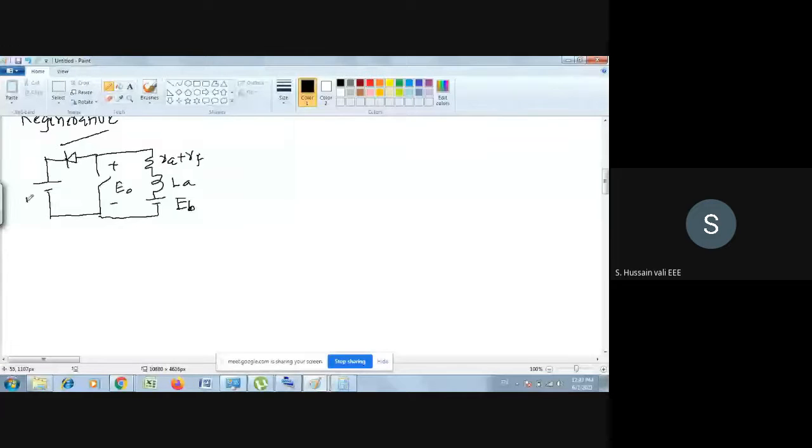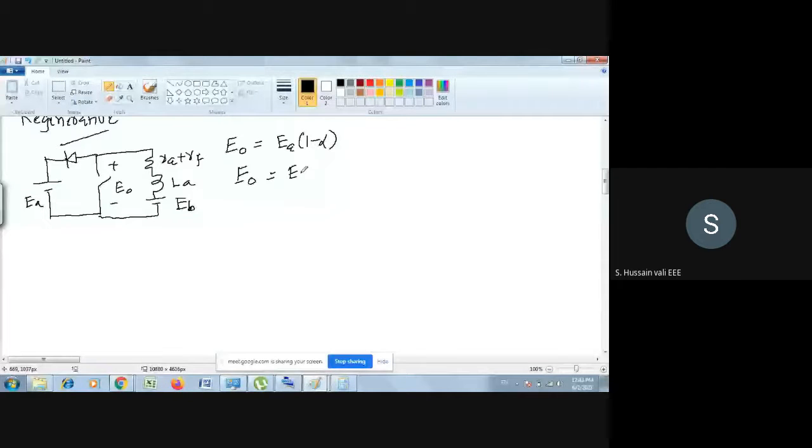Okay, and I want to recall that we already did this. E naught is equal to how much did you get? E into 1 minus alpha. Please recall, you got this derivation for the regenerative case, that is a quadrant 2 chopper. This is what we got. And then once we got E naught, we have this relationship E naught is equal to E plus.